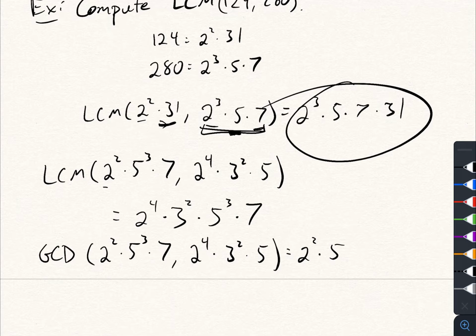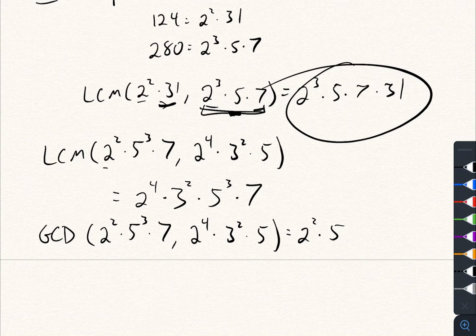Good. So, what else can we observe here? One thing we can say is that if you were to multiply these two numbers together and multiply these two numbers together, you would expect to get the same thing. Okay. Why is that? Well, if I just do it for one prime at a time,